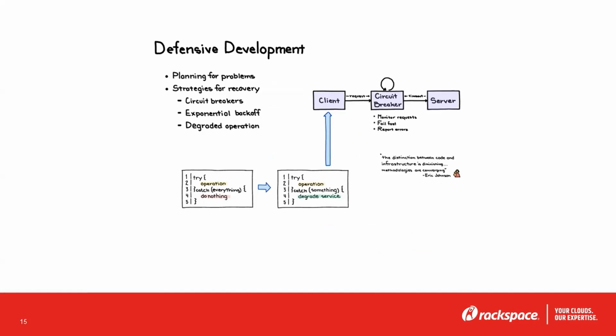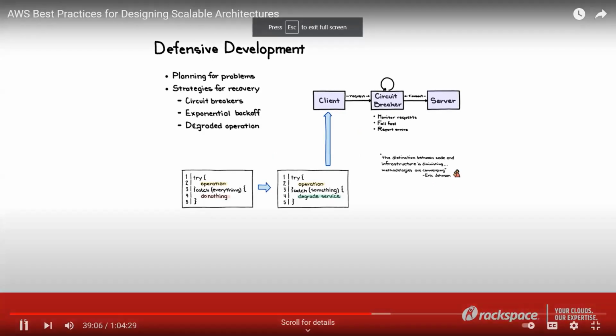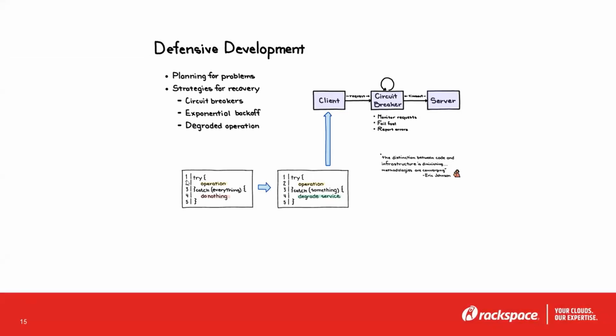One of the things that we want to do is plan for problems and have code in place to deal with those if they do come up. Some of the common strategies, and I want to cover one design pattern here today, is the circuit breaker design pattern. And just to cover it real briefly, imagine you have a client and server application,